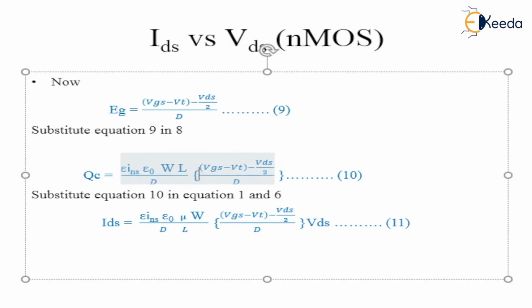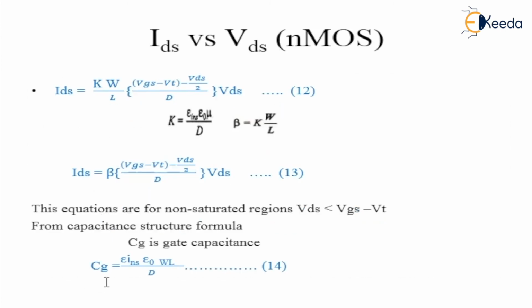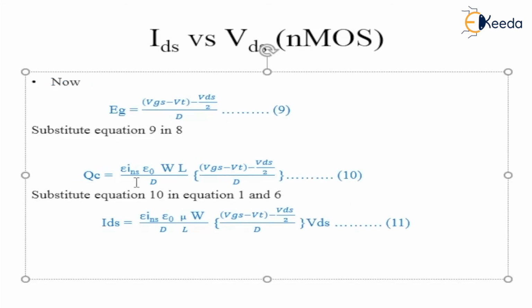Q is equal to C into V. So the capacitance written here is epsilon WL by D. From this equation, Q is equal to C. Epsilon A by D is the basic capacitor formula. This is total epsilon, and in the area, WL is there, in the place of D is there here.